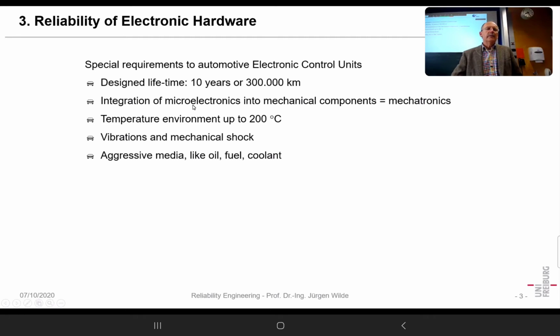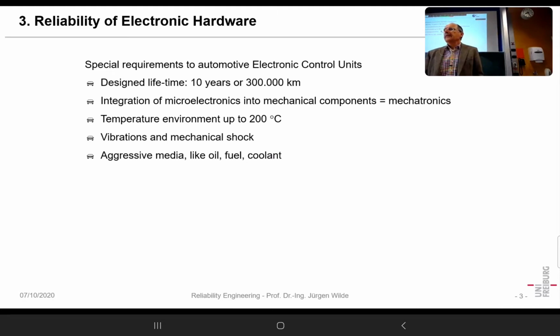We often have integration of microelectronics into mechanical components. That's so-called mechatronics, and that leads to more load on the electronics. We have temperature environments, especially on the combustion engine or in the gearbox, going up to 200 degrees centigrade. We have vibrations and mechanical shock. What's also important, we have aggressive media: oil, dust,